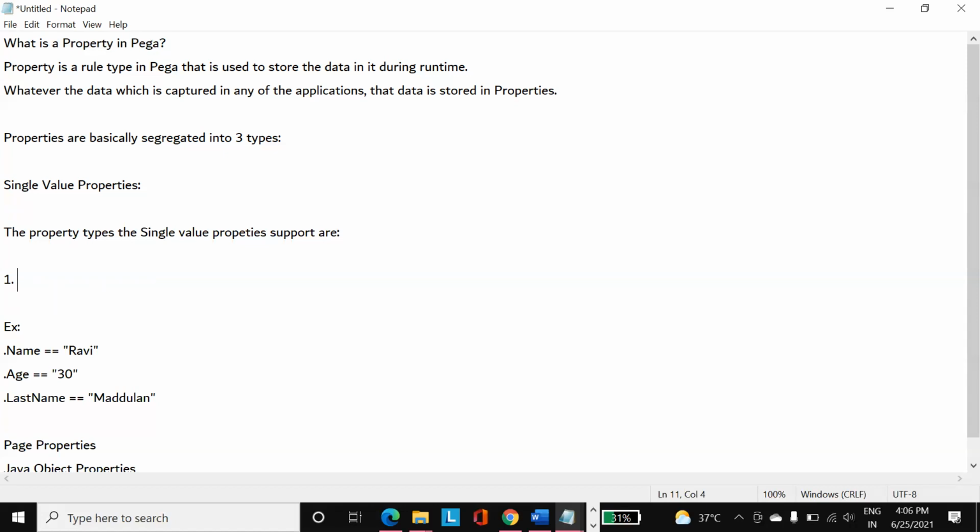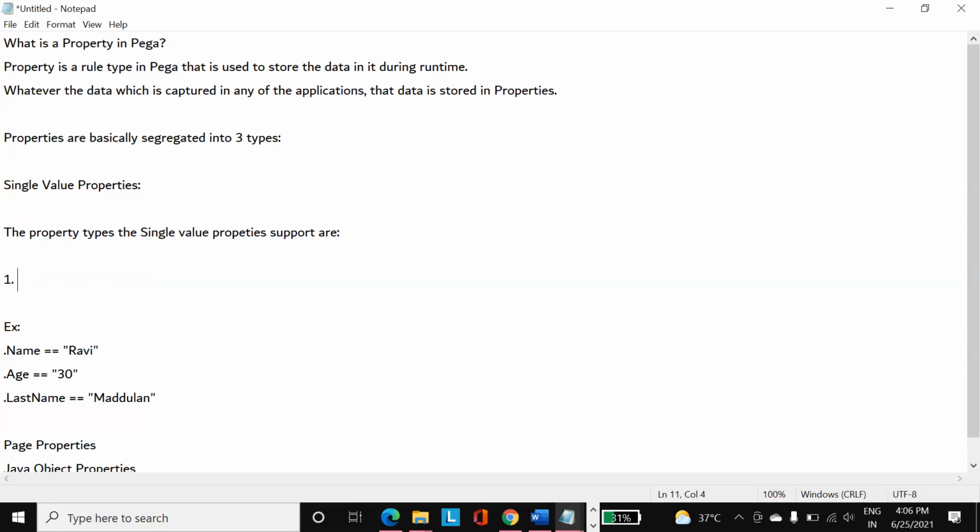Let's say I have to capture age, the age of any person. There is no meaning if in the age field I enter text data, some name, or random special characters. That is not a correct form of data, so that is a problem.